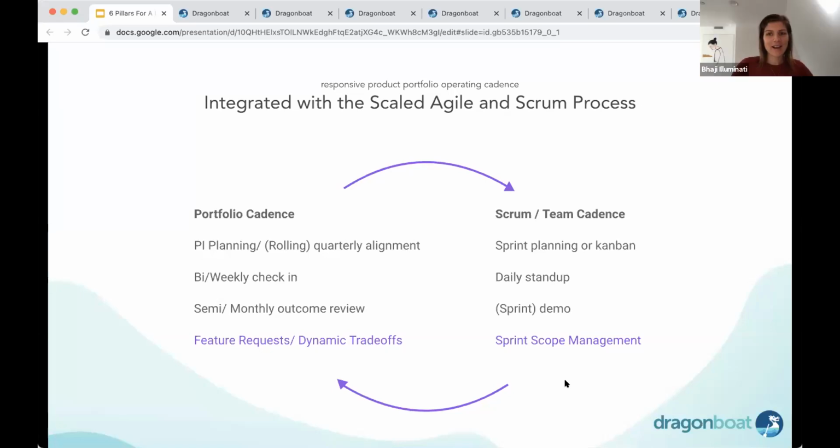Perfect. Okay, so that's all. Oh, we just had one more question come through. Do you have any reading you can recommend that can help me understand OKRs, what they are and how to use them? Excellent question. In our follow-up email, we can probably add a little bit more content to it. The key thing is this: